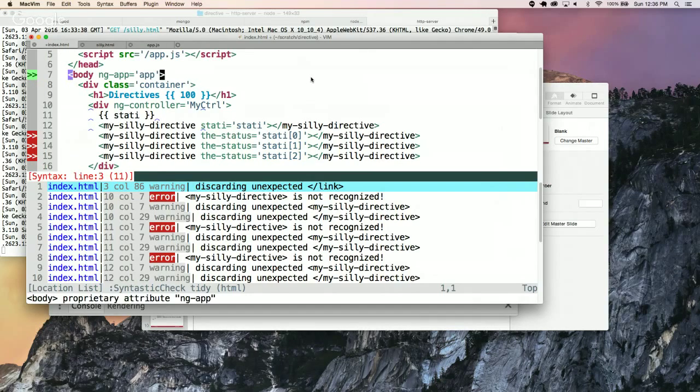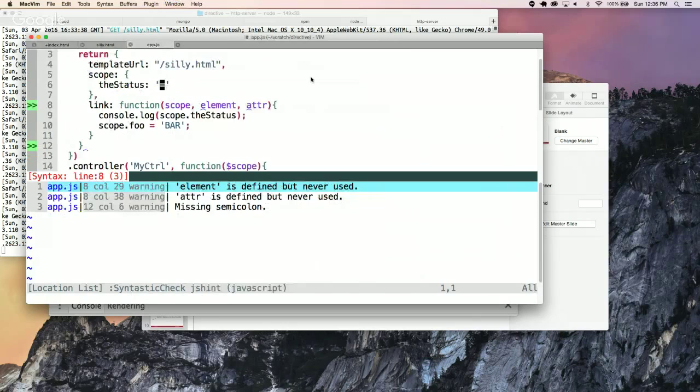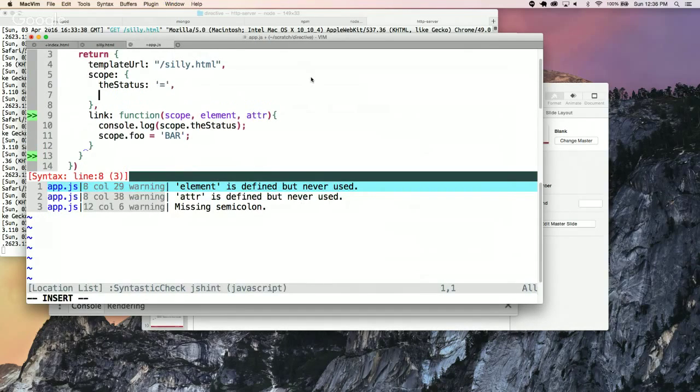But if I went back to my directive code, I could say, hey, look, also, I'm going to pass stat I, and I'm going to pass it through the attribute stat I. Passing stat I through the attribute stat I, in which case, if I did a console.log scope.stati,